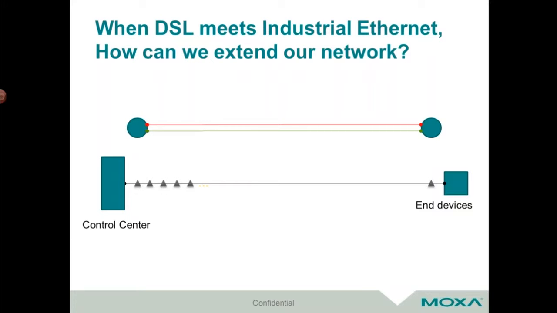So, we have a lot of circumstances, and particularly in some vertical markets, where there already is existing copper wiring, whether that be a phone line, whether that be a DSL line, or sometimes even just plain, 20-gauge copper wire. And a lot of times we have an Ethernet network that basically dead ends, or we want to extend into that